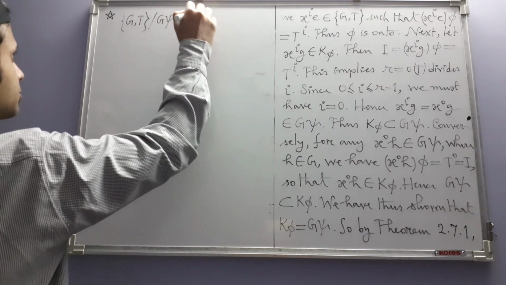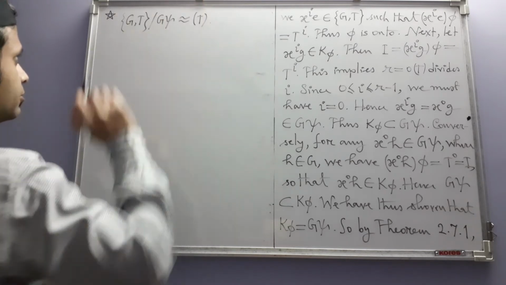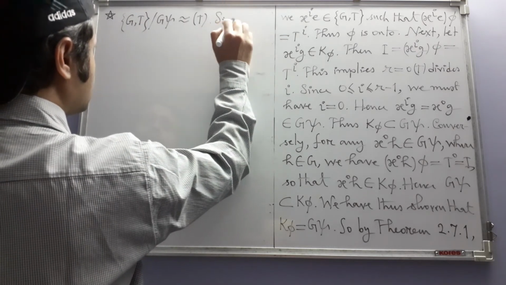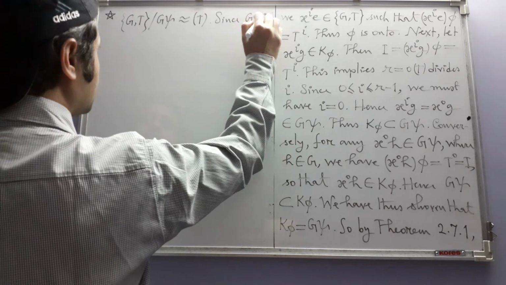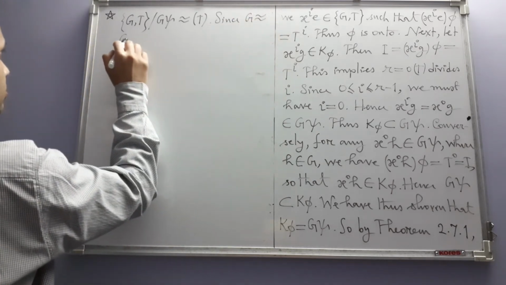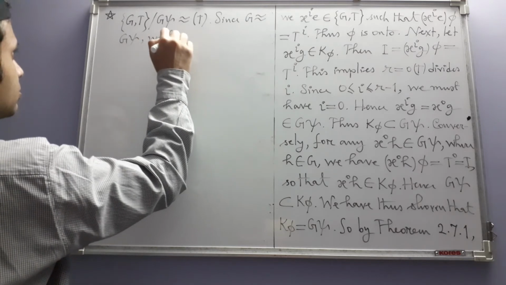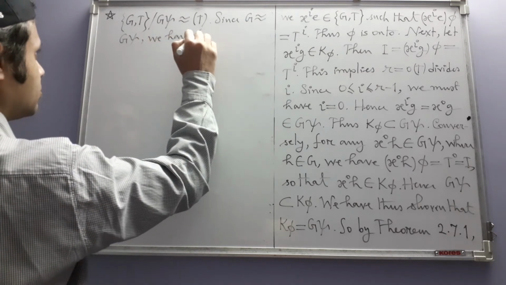This is isomorphic to the cyclic group generated by T. Since G itself is isomorphic to G psi, so we have